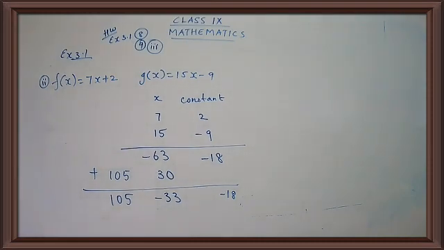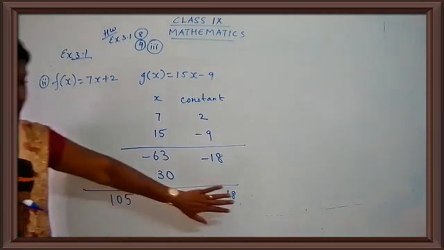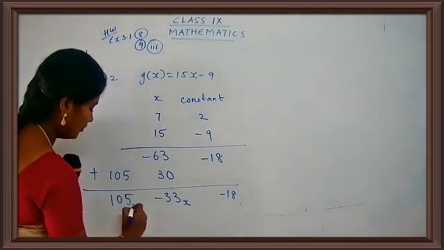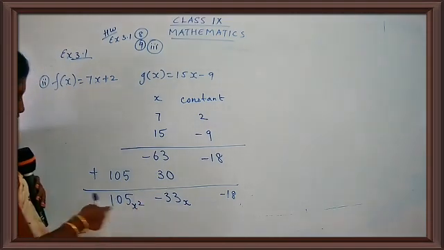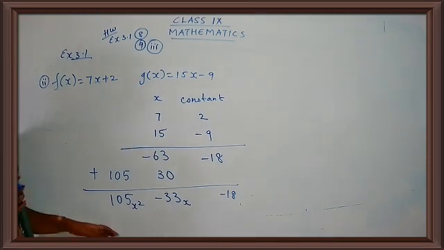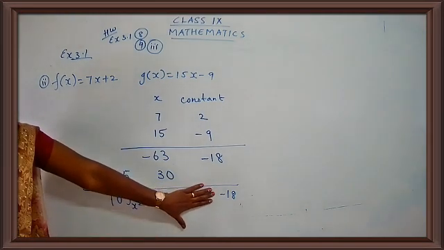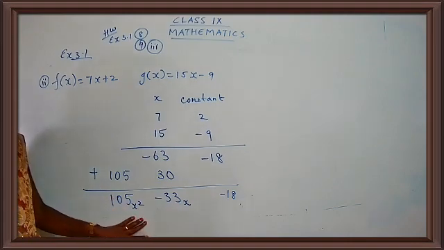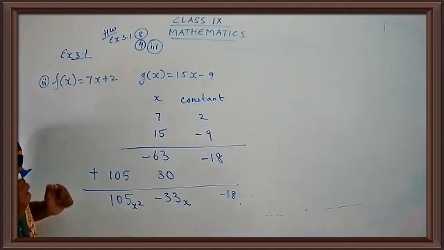Now let's see how to fill this. How are you going to fill this? This is a constant, so nothing will be added here. Here I have to put x and here I have to put x squared. If here I have x cube, here x raised to 4, here x raised to 5 and so on. But here we have only 3 terms. So the first term is without any variable. You have to put here x. You have to write down here x square. Okay, children, now let me write down the answer.